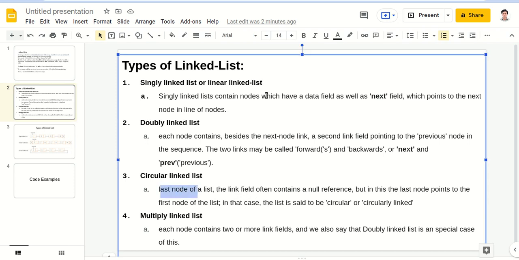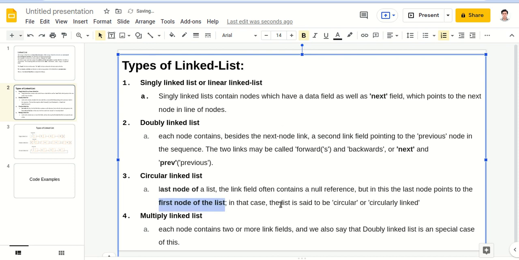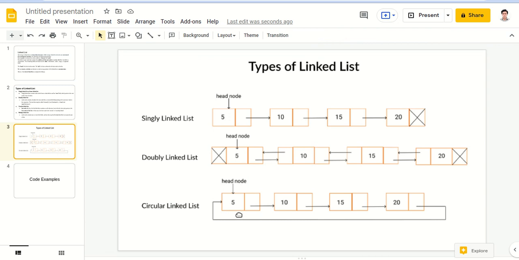The last node of a list often contains a null reference, but in this the last node points to the first node of the list, and thus it makes it circular. You can see it in the diagram also.